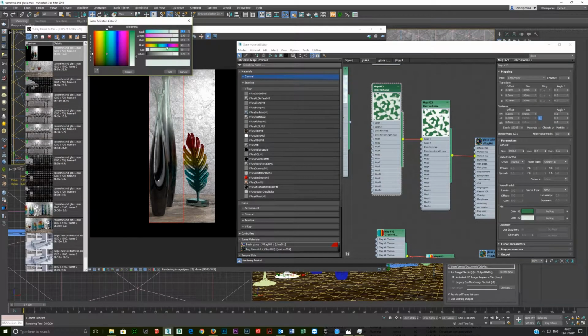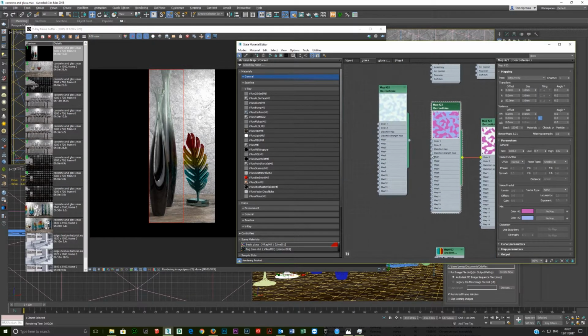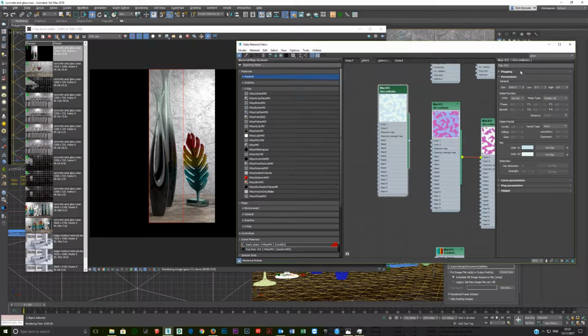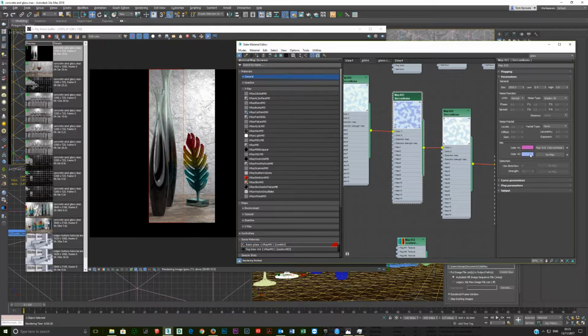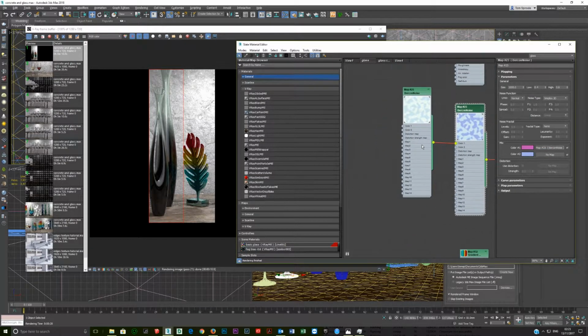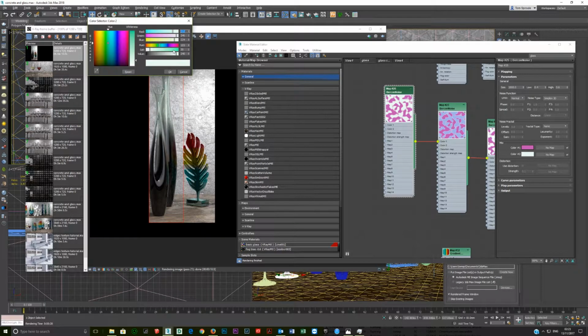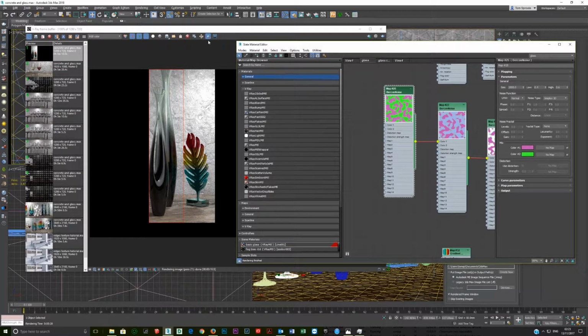So, if I change this color and make this blue, just so you can see it more easily. Okay. And then I take this green and I'm going to make this pink, just for the purpose of this, just so you can see. Now I've got this third one here. Again, everything's the same, but this is offset by 75. So I'm going to plug this into color 1, which is going to take over that pink. So let's use this pink again. Paste it in there. And this one here, we will change to green. Let's do something disgusting like that. All right. Now, if we render this,